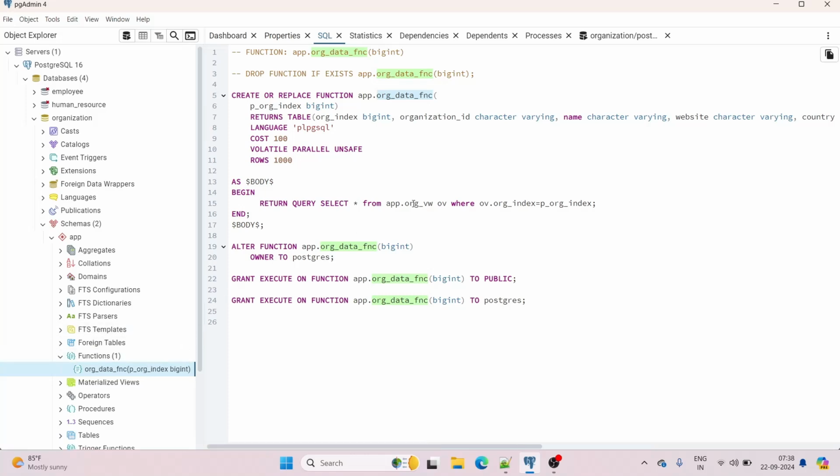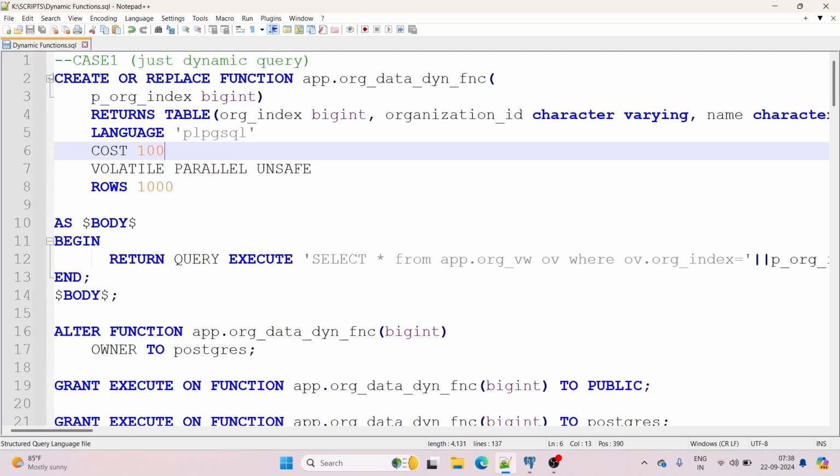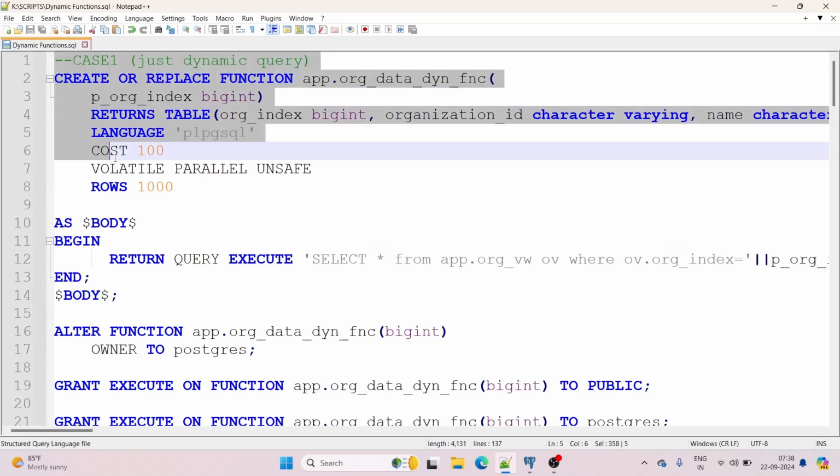Now we will create a function which will be using dynamic SQL queries. Okay, so we'll do the same operation but with the help of a dynamic SQL query. I've already prepared some scripts, so let me just paste that and then I'll explain it to you guys. Okay,